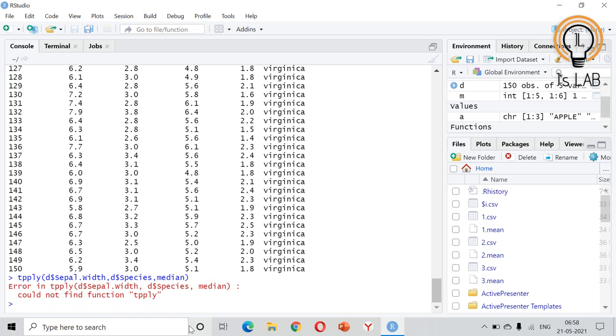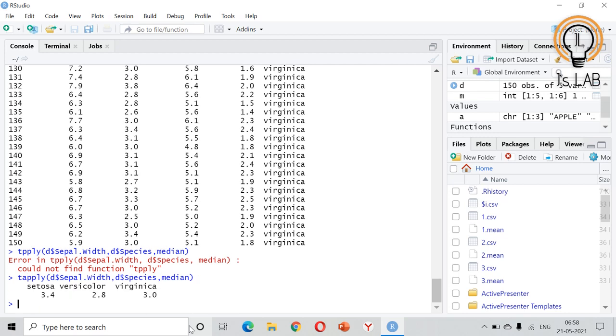Sorry, I made a spelling mistake, an A is missing. Okay, so here we can see Setosa, versicolor and Virginica, the 3 species, and their sepal width medians.